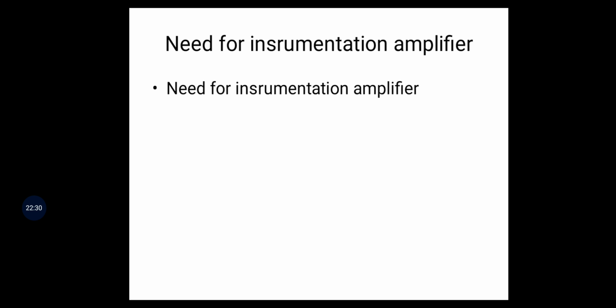A general single-ended amplifier like a high gain emitter amplifier is not suitable to amplify such signals. For rejection of noise, such amplifiers must have a high common mode rejection ratio. Hence, a special amplifier is used to amplify such signals. The special amplifier used for such low level amplification, with high CMRR, high input impedance to avoid loading, low power consumption and some other features, is called an instrumentation amplifier.